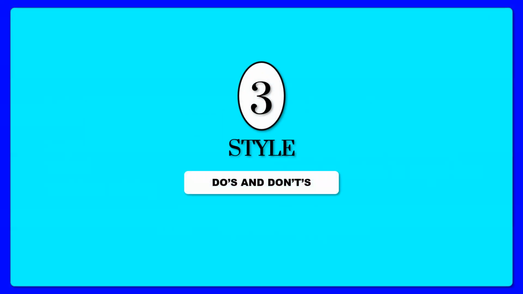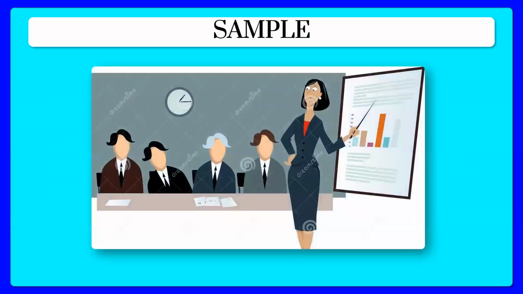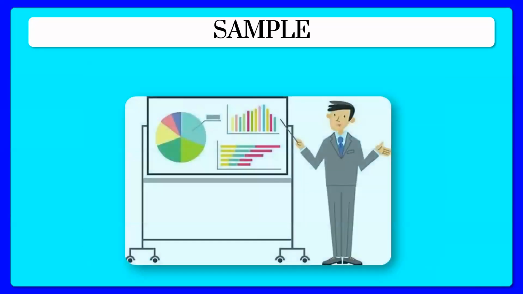So now let us move on to the third topic, that is the style, where I'll be talking about certain do's and don'ts. Now let us go for a sample over here. As you can see, the presenter is busy presenting, but she does not have any eye contact with the audience, and the audience are looking at the presentation, but they are not developing that interest in the presentation. Whereas in this particular slide, you can see that this person is having eye contact with the audience,